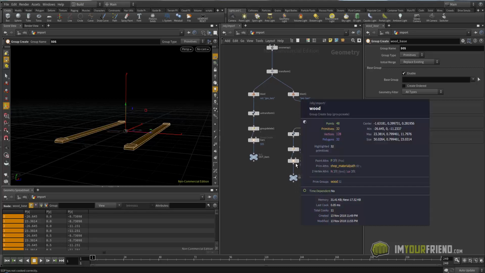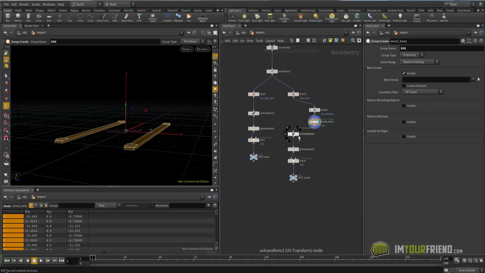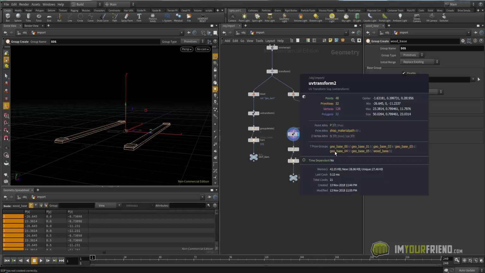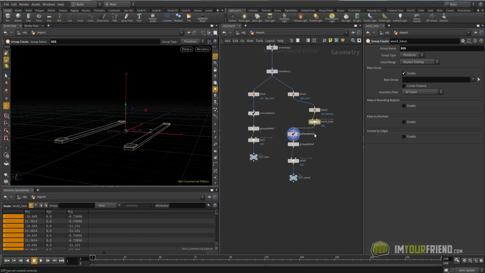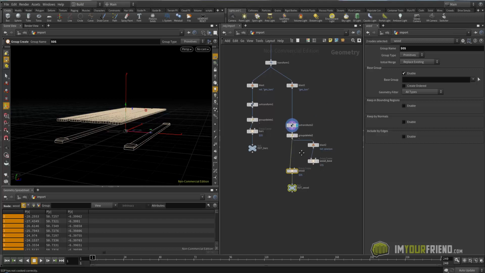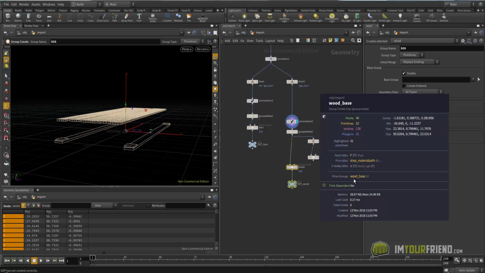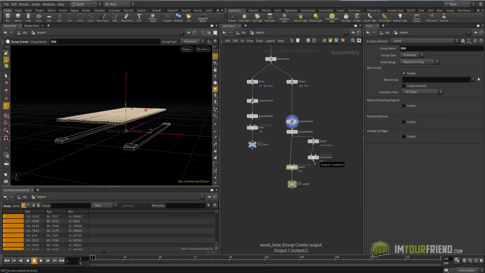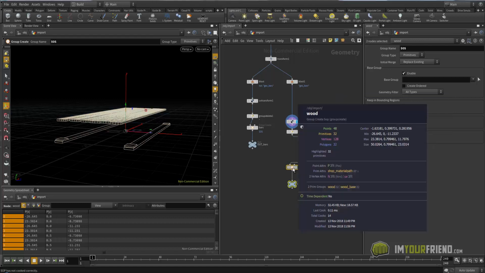Now if I come back here. Oh, that's actually kind of a dumb thing. Let's shake that out. We delete all the groups, so let's put it down over here. Shake that so you kill it. We're going to connect it down here after the group delete. So now we've got our wood base here. And select it here. So wood base.